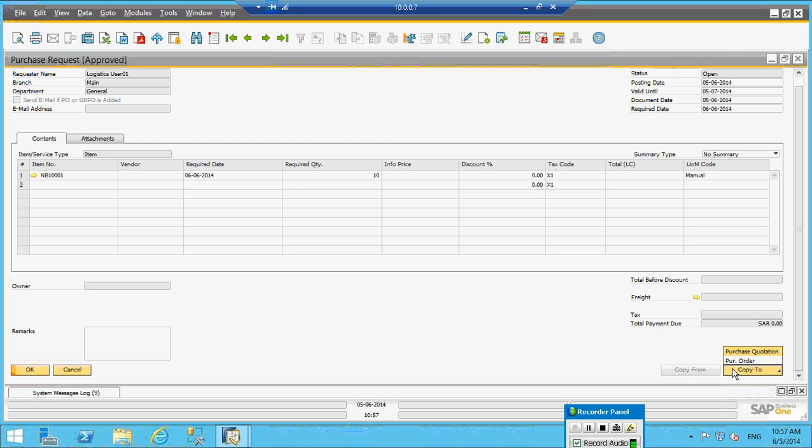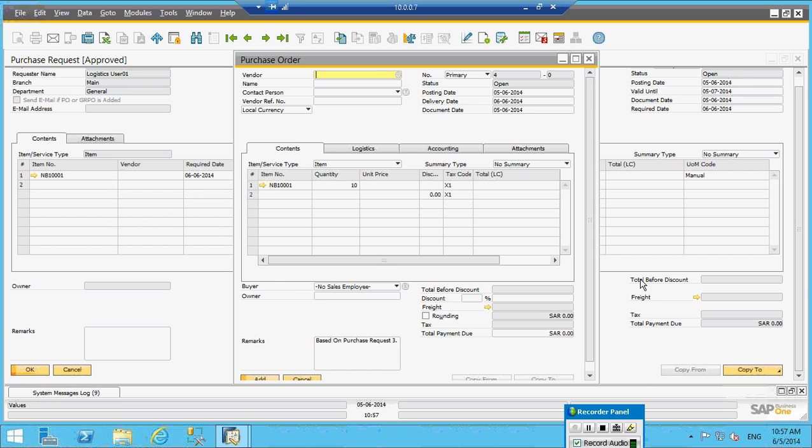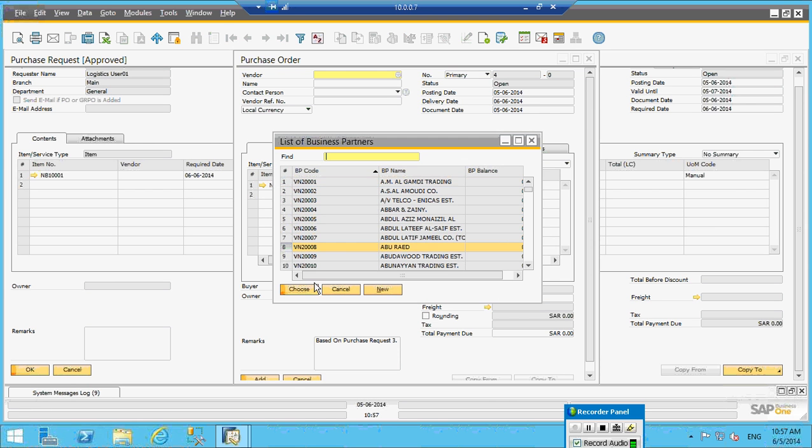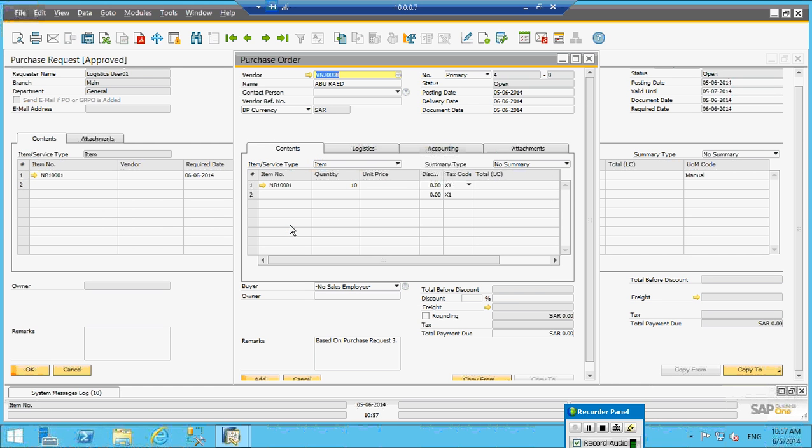There is an option where I can copy to the purchase quotation, meaning if you are calling for quotation, go for quotation. If it is confirmed, go for direct PO. Select PO. Once you select the PO, you have to say which vendor, because the requester is not bothered about the vendor, but your botheration is you require the data. You select the vendor. Only the vendors related to this item will appear, but you can display all the vendors.